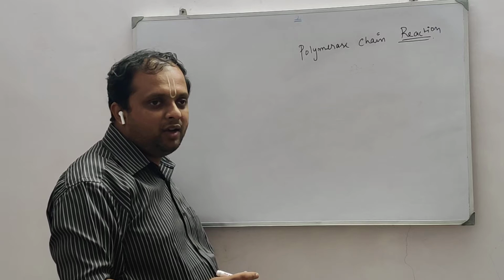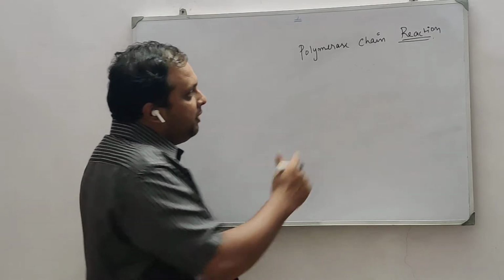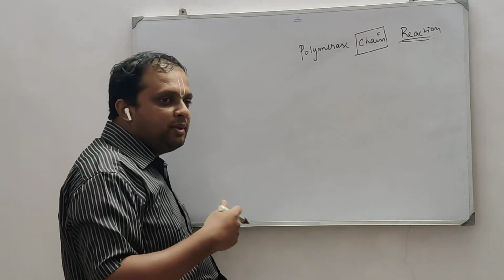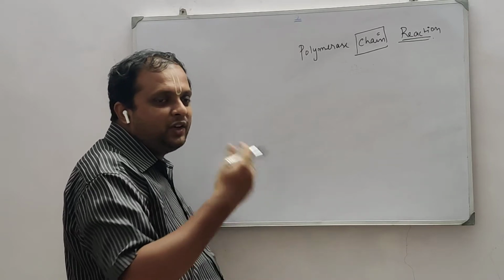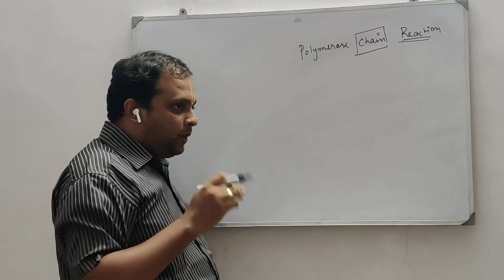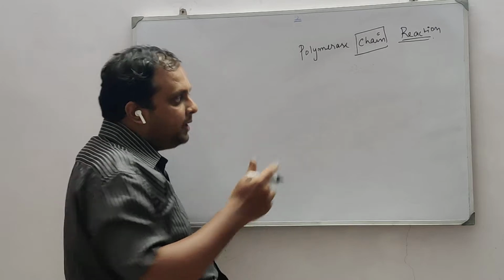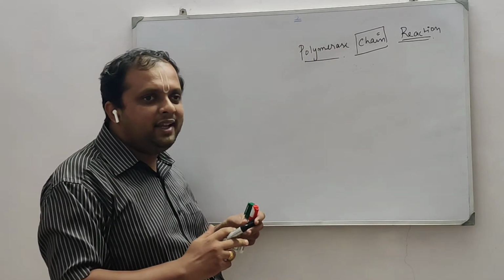That's the basic meaning of the word reaction. And the word chain means the reaction is going to get repeated as many times as possible. It's a chain reaction, a continuous reaction. The reaction isn't going to end at one point. Rather, the reaction is going to repeat itself. Who is going to do that? There is an enzyme called polymerase, a DNA polymerase.